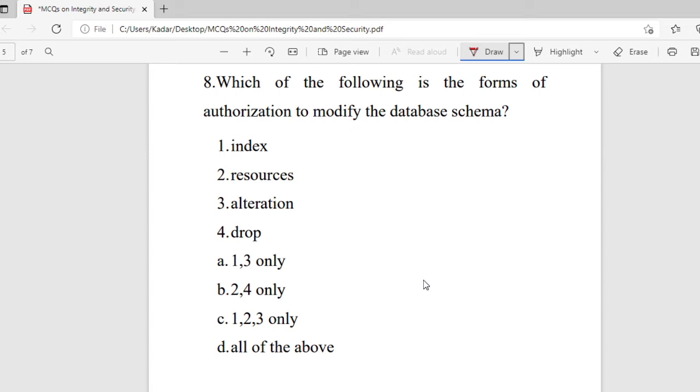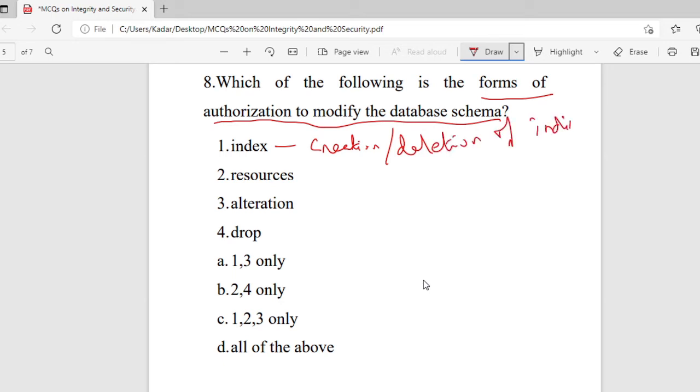So the first one is index authorization. Index authorization allows the creation and deletion of indices. So that is the usage of index authorization.